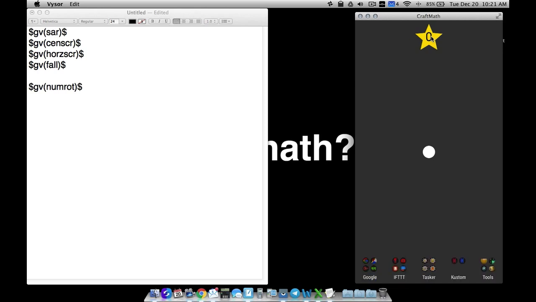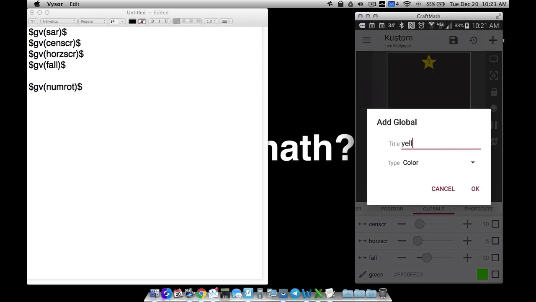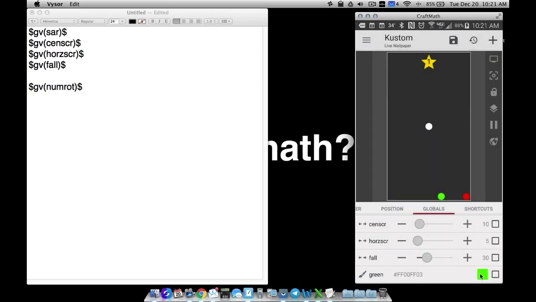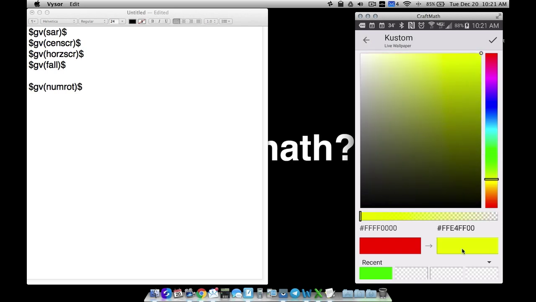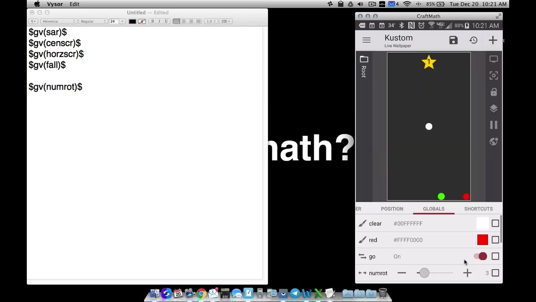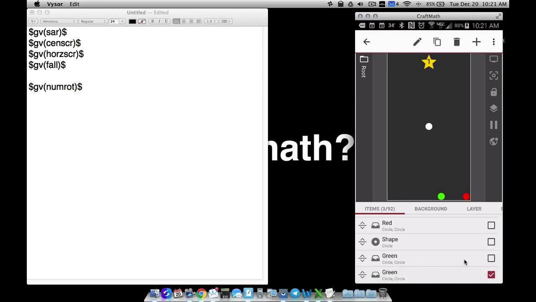All right. Now let's just go through here and repeat this process. What's another color that we want to do? How about yellow? So something like that. Now what we're going to have to do with the yellow one, once I copy and paste green, rename it,